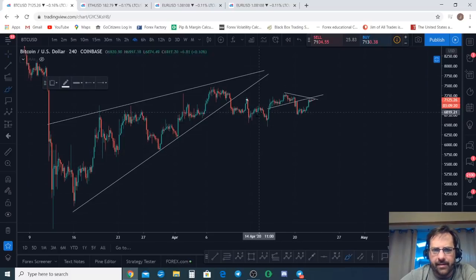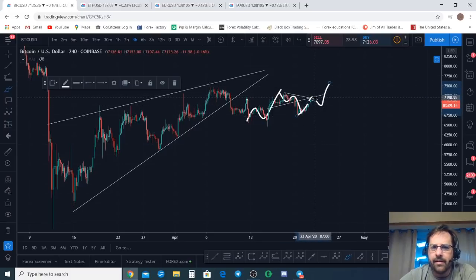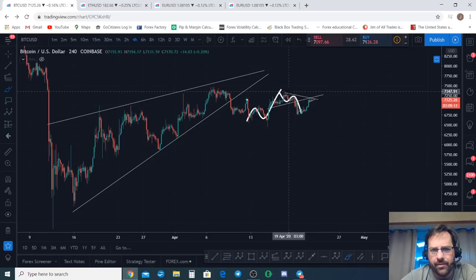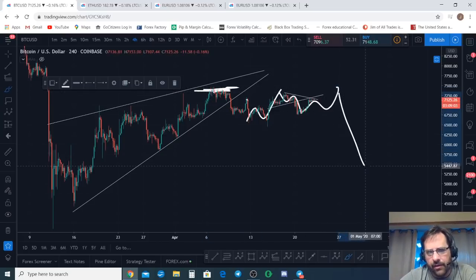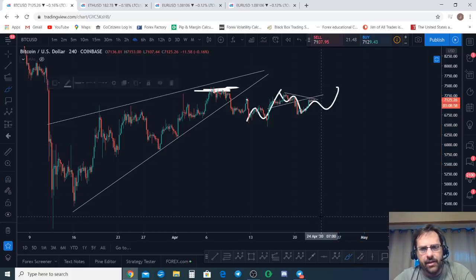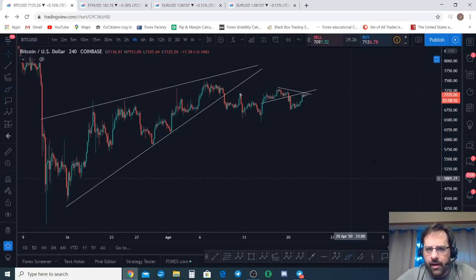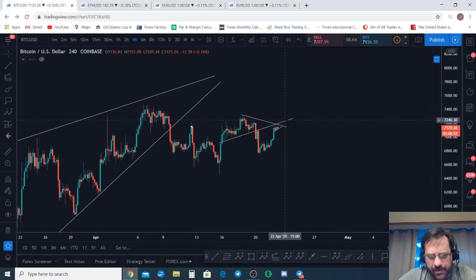Man, they know how to extend these things. A 3-wave, then maybe a 3-wave like that. Yeah, I don't like that because we've already come up too high there. I was just thinking if we can get a 3-wave there that doesn't break this high too much, then we could still have that potential for the downside. The way I'm looking at this chart, if we don't come down from this point, if we pump up higher,